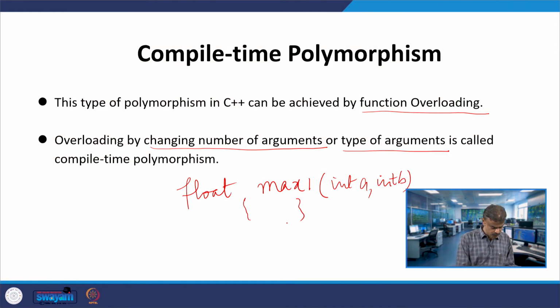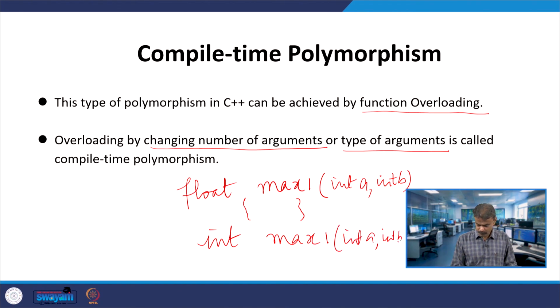In another function, int is the return type and you use the same name, int a comma int b. Now the arguments are the same but the return type is different, and you may claim it will work.